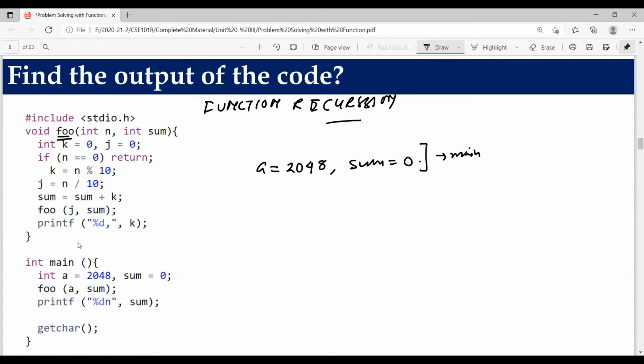Next we are calling the function foo, which is not returning anything and has two arguments. So let's see the declaration. Yes, in the declaration you can see the function is returning nothing and it has two arguments, one of type integer and another of type integer as well. So that means you are satisfying the criteria, and your program control will jump to the body of the function.